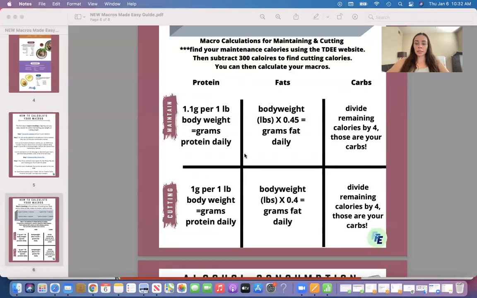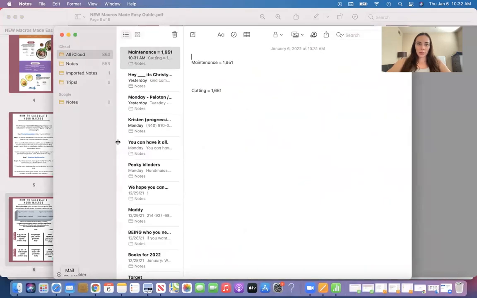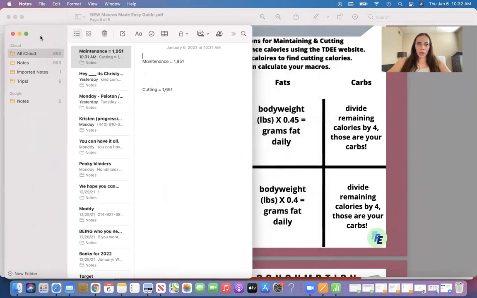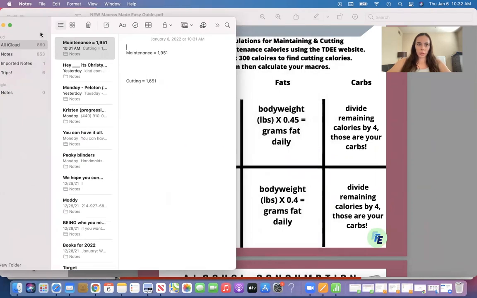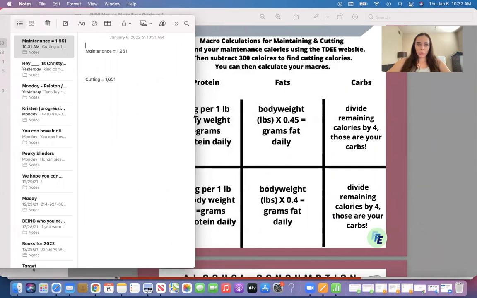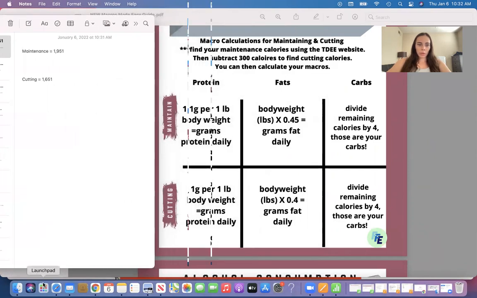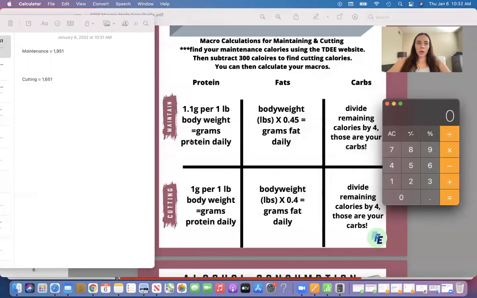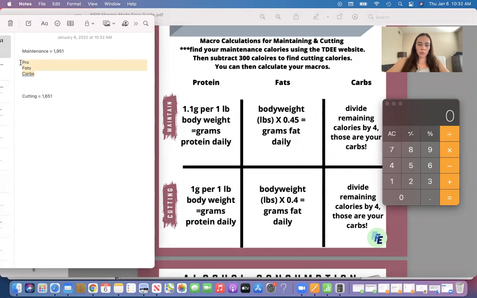So we're going to do the maintenance example first for me. I'm going to pull up this guy. Just want you guys to be able to see everything clearly. So we'll drag this over here a little bit. And then I'm also going to pull up my calculator because you are going to have to do a little bit of calculations. Okay, so for macros, we are going to look at protein, fats, and carbs for maintenance and